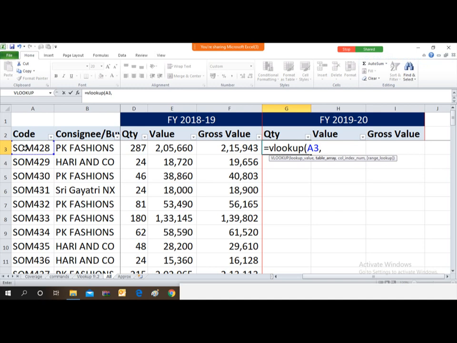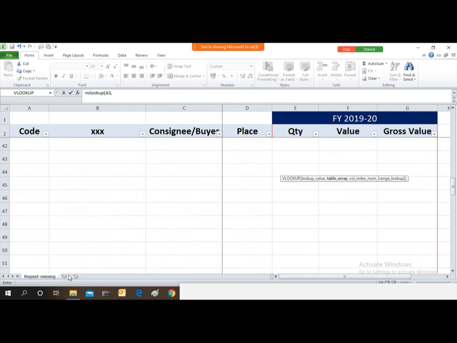So with the help of this code, I can derive the remaining required data of quantity, value and gross value from the file. So the file is this.